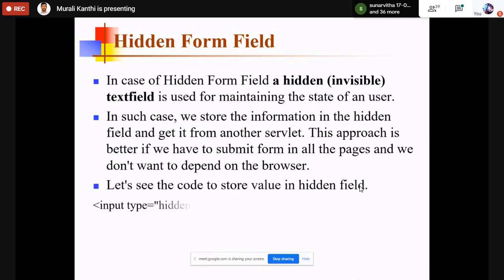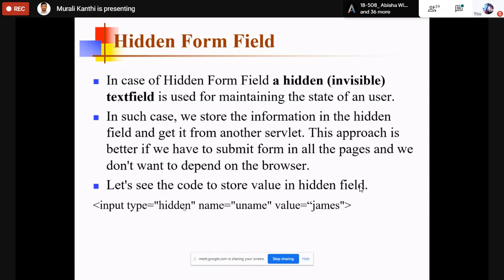Okay, so here we have a field like this: input type equal to hidden. In the form field, input is a tag, type is an attribute, so type equal to hidden. If you want to create a text field, type equal to text, or type equal to button, like that. Here simply type equal to hidden.